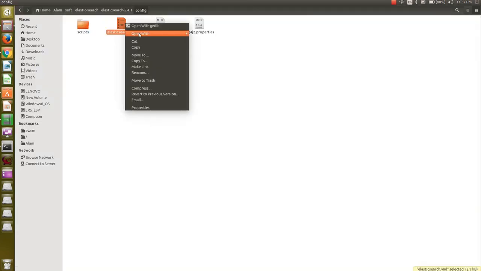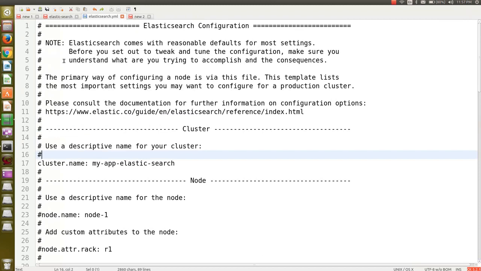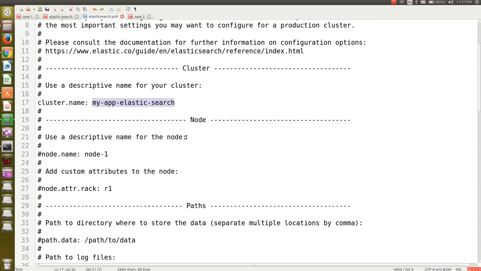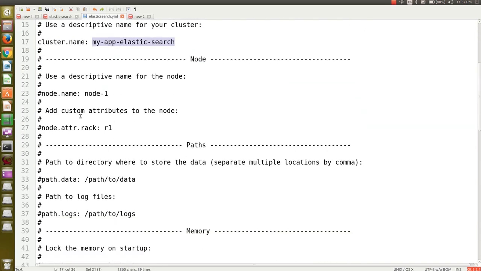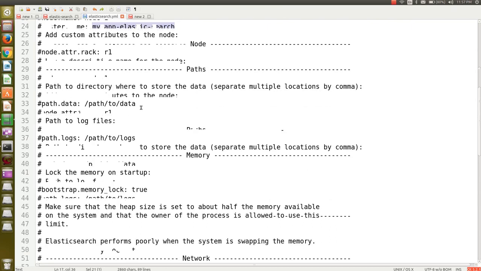And this is the main configuration file for the Elasticsearch. If you open this, these comments are pretty nicely descriptive. You can update your cluster name. You can name your node, the racks, path to data directory.